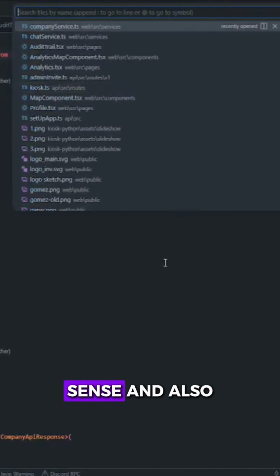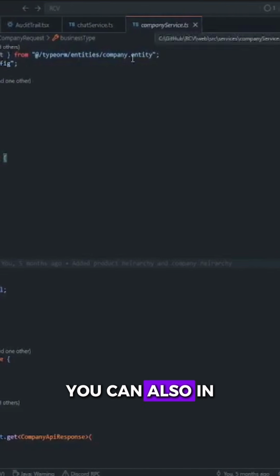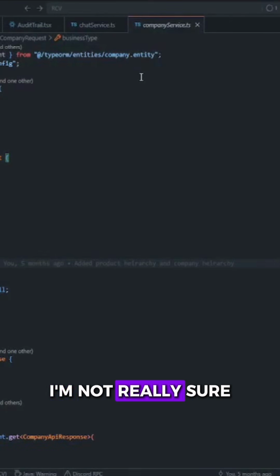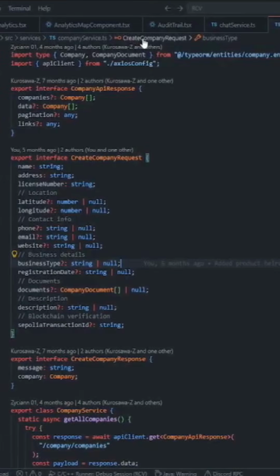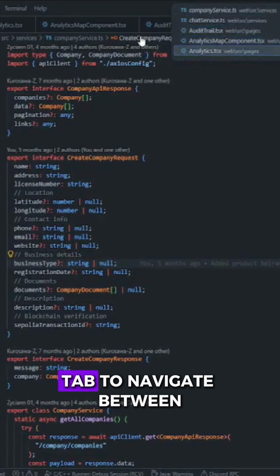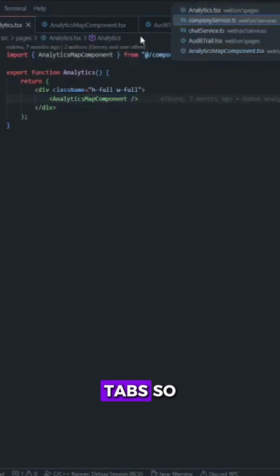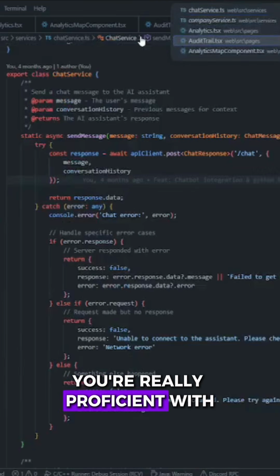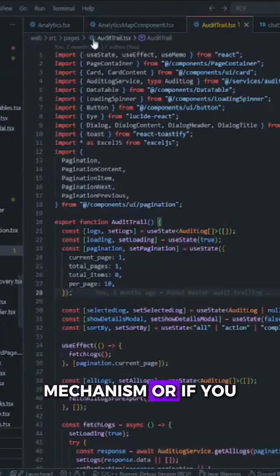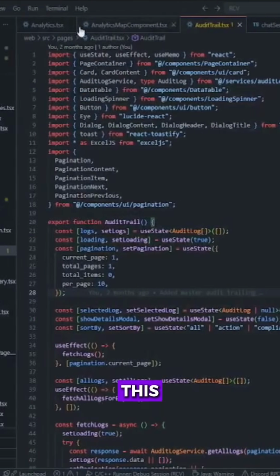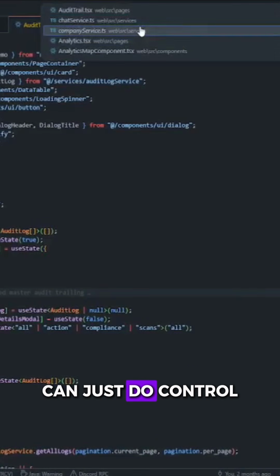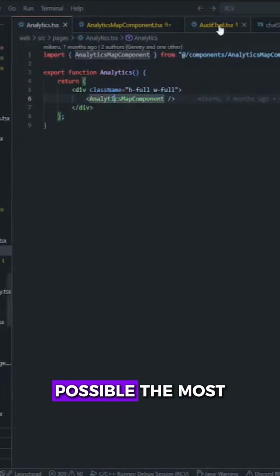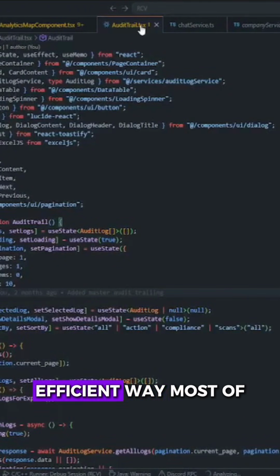And also, in VS Code, I'm not really sure if it is also in other editors, you can do Control-Tab to navigate between tabs. So if you're really proficient with this tabbing mechanism, or if you understand what is in these tabs, then you can just do Control-Tab. So as much as possible, the most efficient way most of the time is to not use